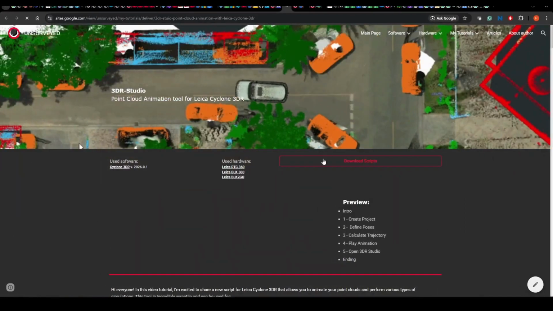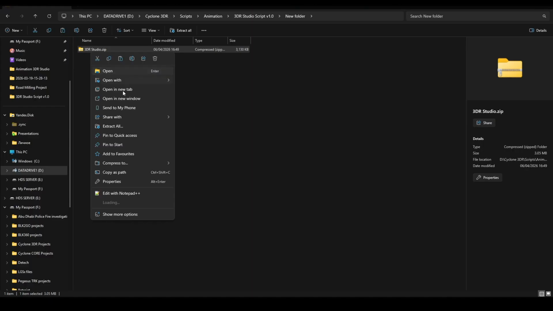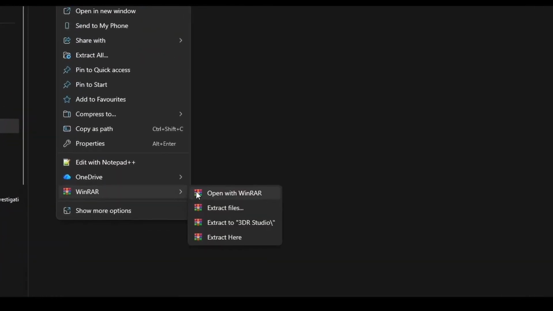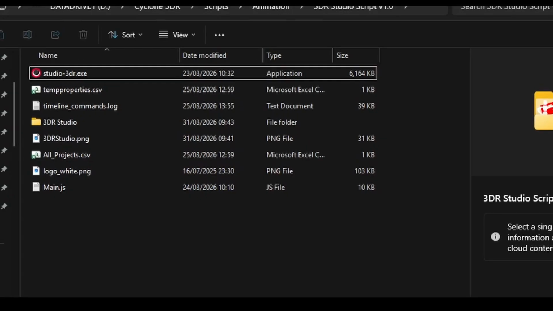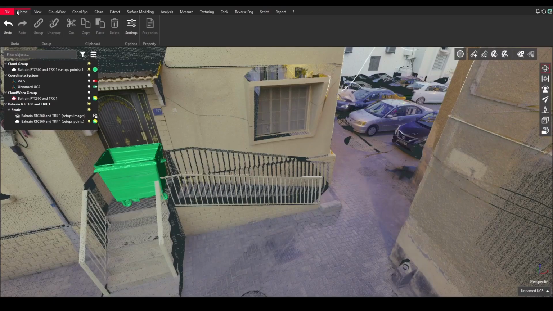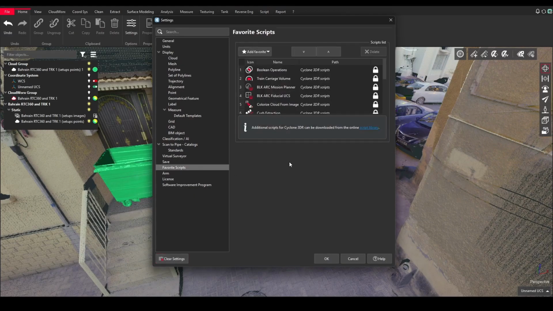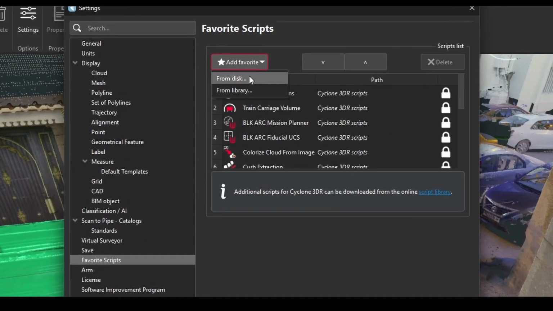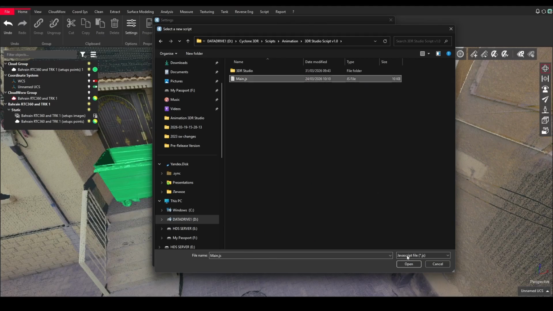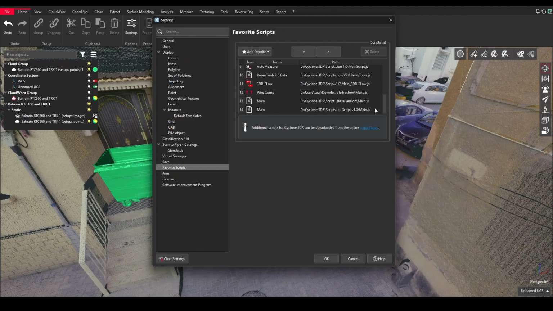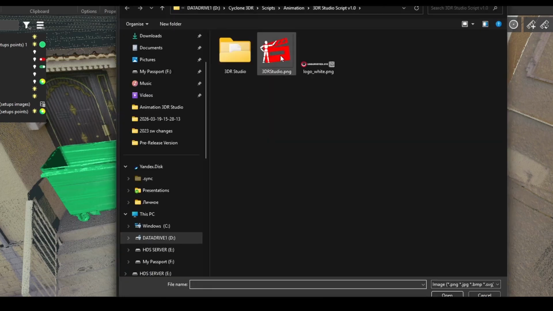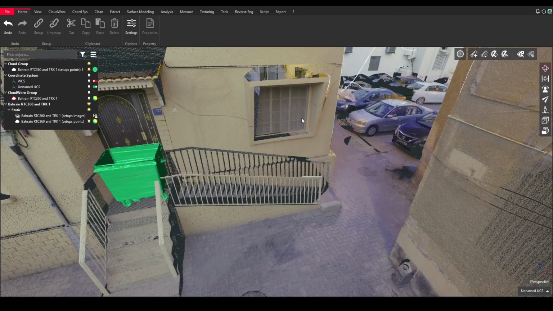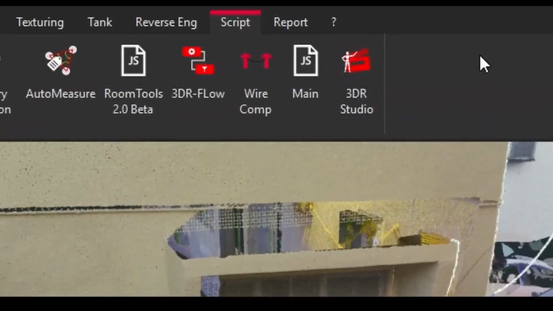Before we dive into the workflow, let's get the script installed. Click the link below to get the script, download the archive and unzip its contents into a dedicated empty folder on your drive. Open Leica Cyclone 3D and go to the script toolbar. Click on settings, then select favorite script. In the pop-up window, choose Add Favorite from Disk and navigate to the folder you just created. Select the main.js file. Double-click the name of the new tool in the list and type 3DR Studio. Double-click the default icon to change it, navigate back to your script folder and select the 3DR Studio PNG file. And that's it. If you check your script menu, now you will see that the new tool is ready to